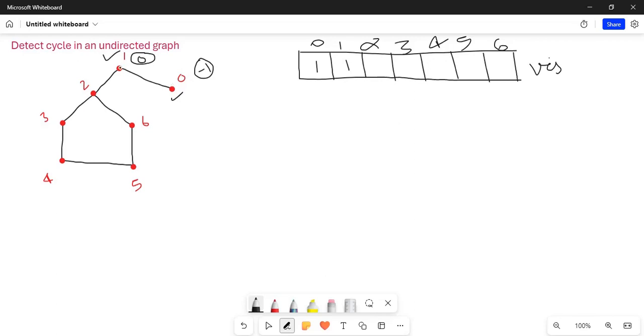But here 1 called 0, and 0 is the parent of 1, so there is no cycle here. Now 1 tries 2. 2 is unvisited, so make 2 visited and call it. That means 1 calls 2.